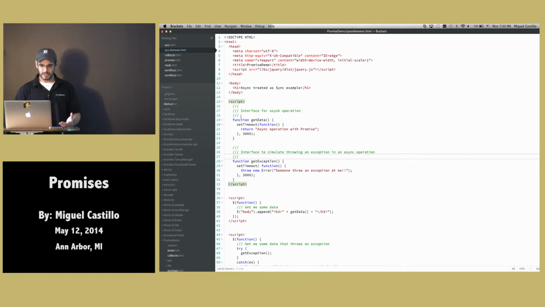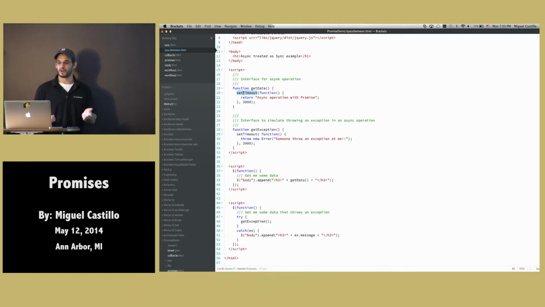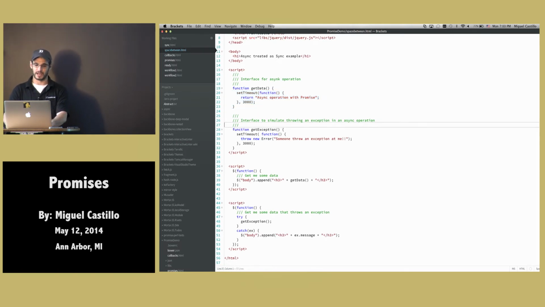So in this case, it's a raw representation of what would happen. I'm still calling get data, and because I don't know when that data is going to be available, it's going to be a setTimeout in 3 seconds. I can't introduce that result value into the DOM effectively because I don't know when it's going to be ready. I put 3 seconds to illustrate the point that you don't have that value available readily. So there is no easy way to get that data into the DOM.